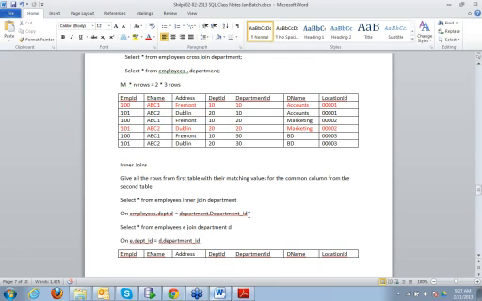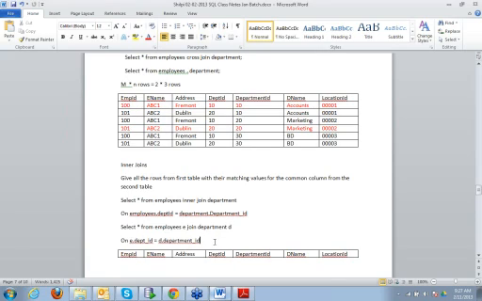Every time you create an inner join, you need to tell the column on which the join has to be created, right? So here we have employees dot dept id is equal to department dot department id. So this is again an equijoin because the join condition is based on equality, right?